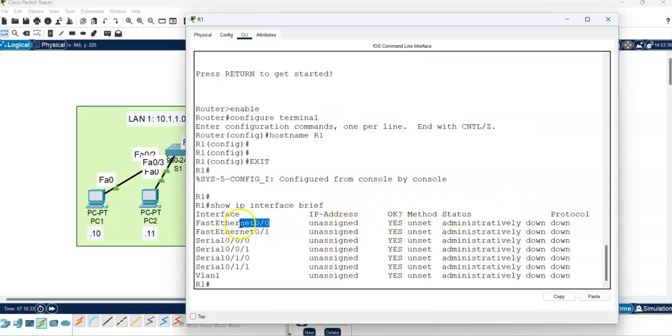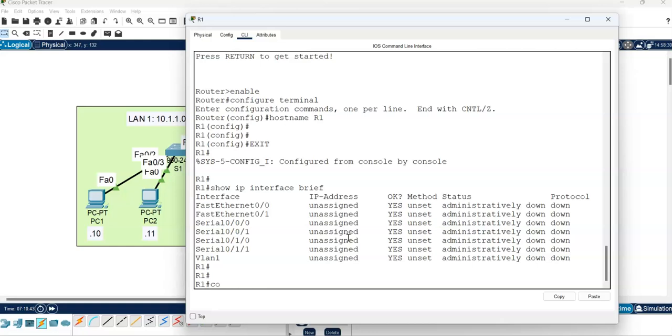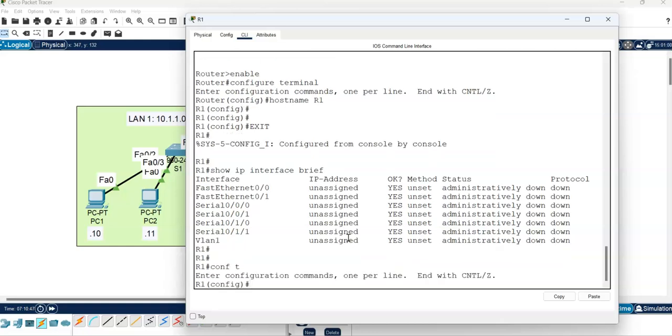Nothing yet. What I want is this to be 10.1.1.1/24, and I want that one 10.2.2.1/24. And so let's configure those interfaces. We need to go back again to the configure terminal. We can say just config t or conf t, and then we need to go to the interface itself, interface